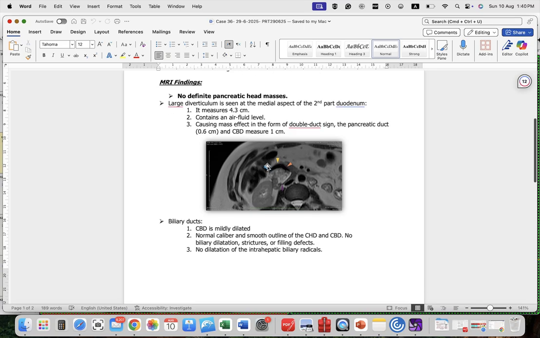Also, we added an image to the report because this clinical scenario will cause some problems, even political problems, with the treating doctors or the referring doctor. So we